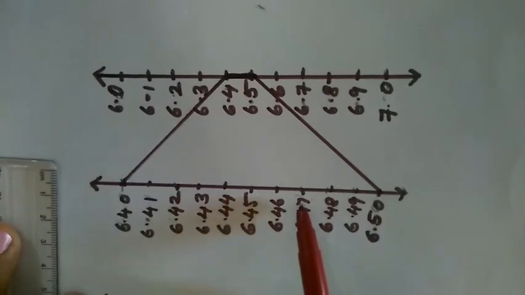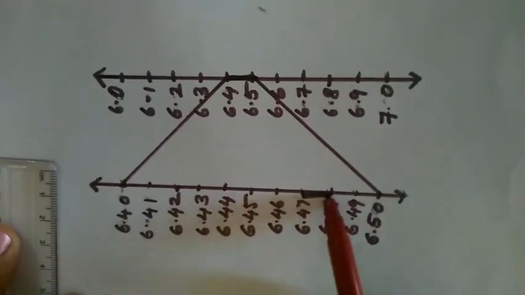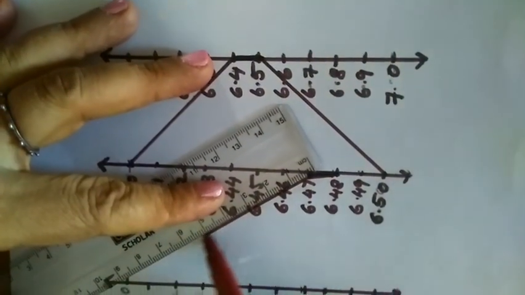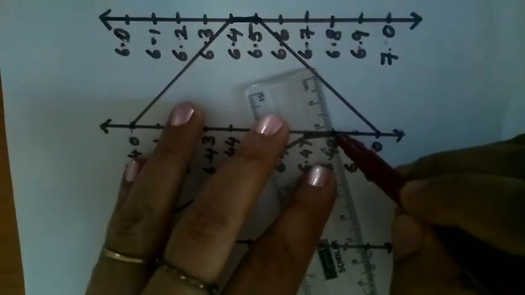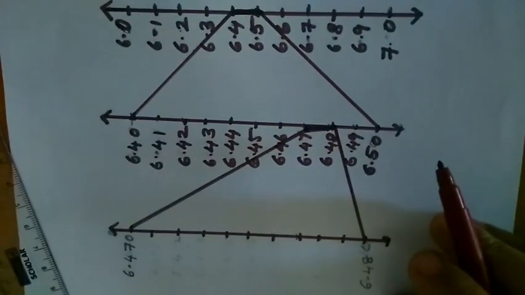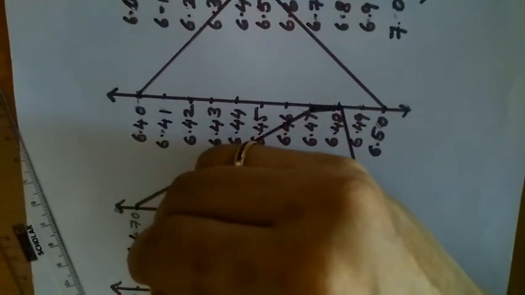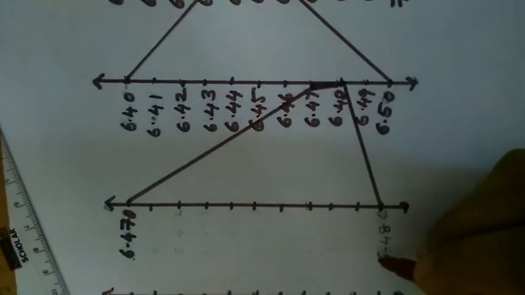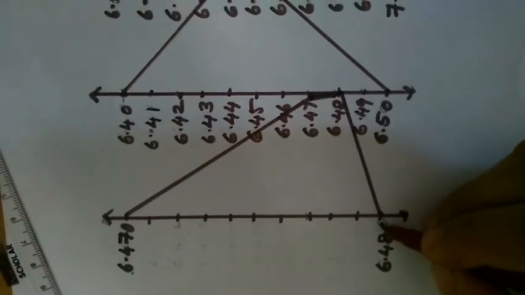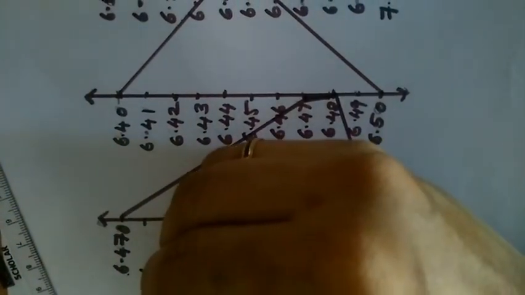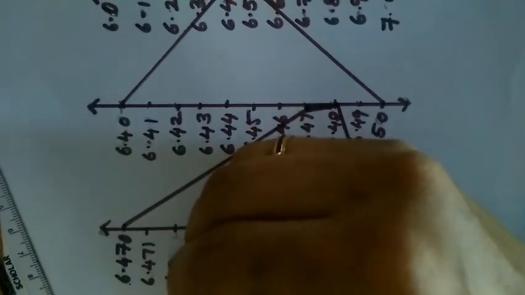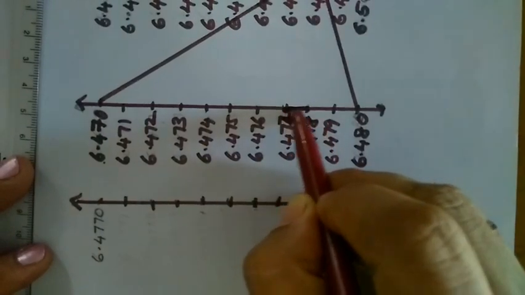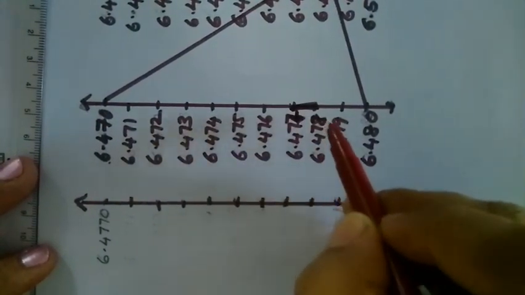6.4777 lies between 6.47 and 6.48. So the next magnification comes here. The ending number is 6.480. The starting number is 6.47, but it has only 2 decimals. I have to make it 3, so I add 0 here. 6.48, making it 3 decimals means adding 0 here. Like this we have to continue: 6.471, 6.472. The next magnification comes at 6.477 and 6.478.